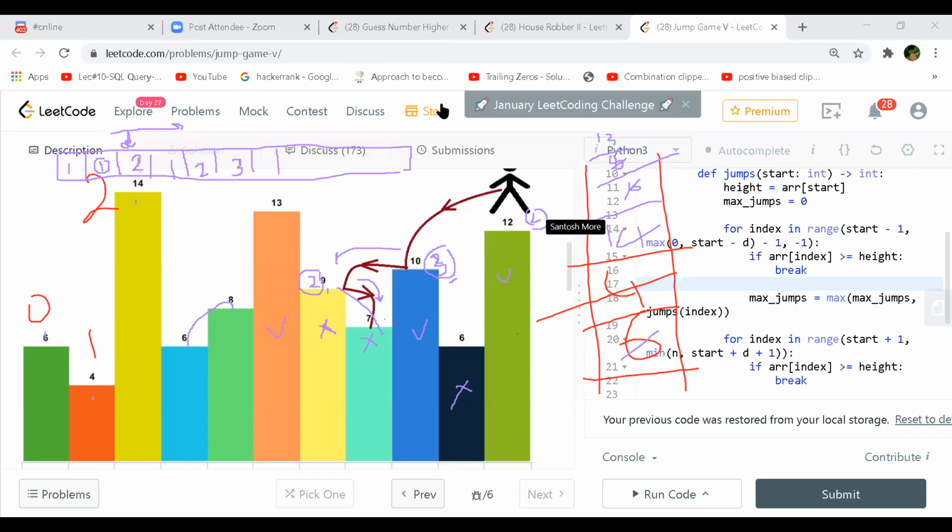Therefore, you will increment this value to 4. So you don't have to do the left and right jumps in the stack, because they will be taken care of when we are building this whole array from the bottom up.